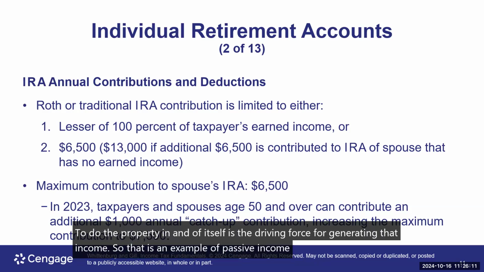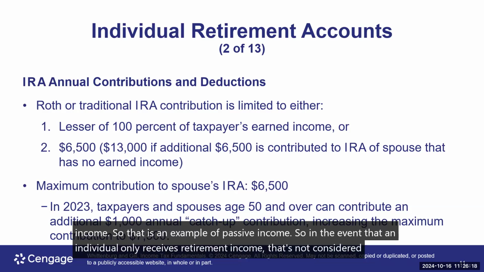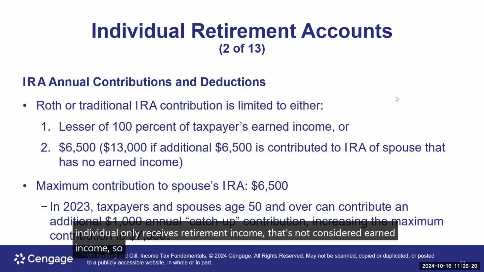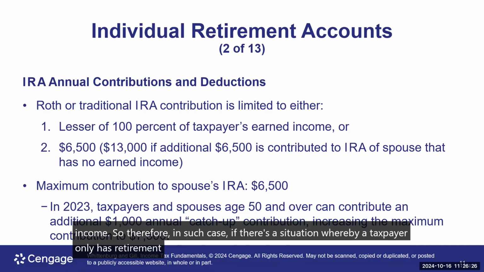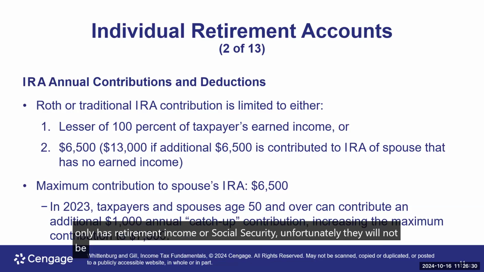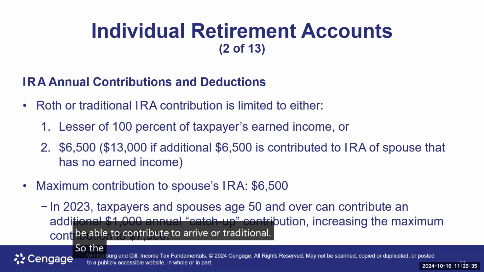In the event that an individual only receives retirement income, that's not considered earned income. So in such case, if a taxpayer only has retirement income or Social Security, unfortunately, they will not be able to contribute to a Roth or traditional IRA. So the first limitation is the lesser of 100% of the taxpayer's earned income, or